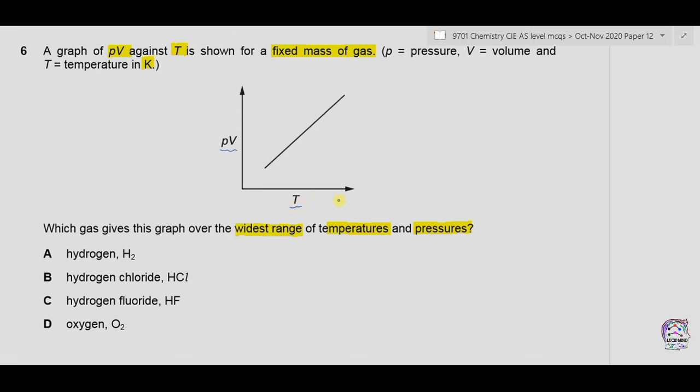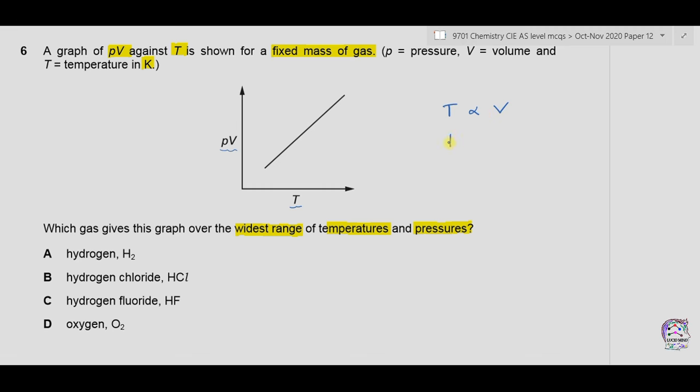As the temperature is increased, the pressure of the gas increases and the volume of the gas also increases. So pressure times volume will also increase, and therefore the graph is a straight line. At higher temperatures, the kinetic energy of the molecules increases, so the molecules move further apart, so temperature is directly proportional to